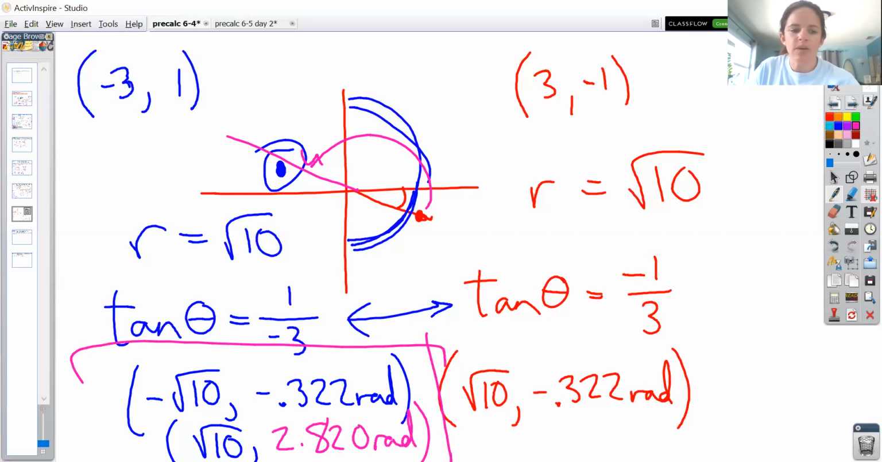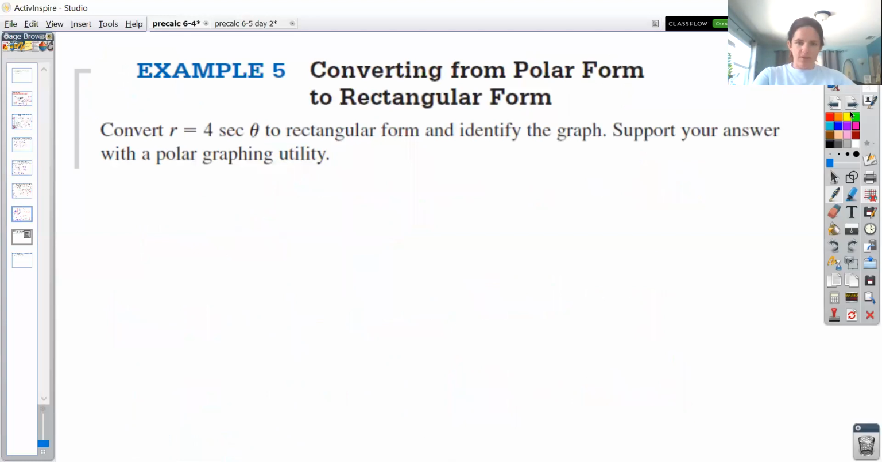radians. Either one of those would be fine for converting. Okay, so we plotted points, we converted coordinates, and now we're gonna convert equations. So in this case, I have r equals 4 secant theta. Turns out for these problems, we just want to get it into the form,